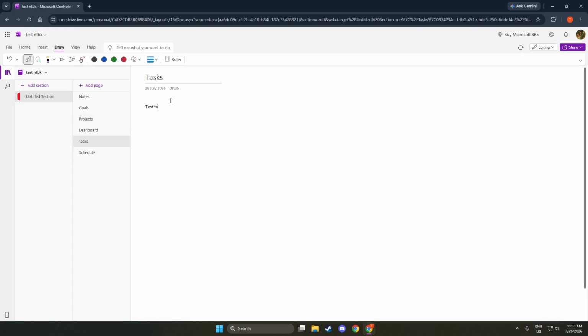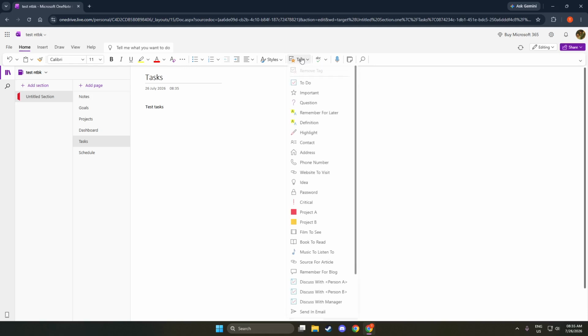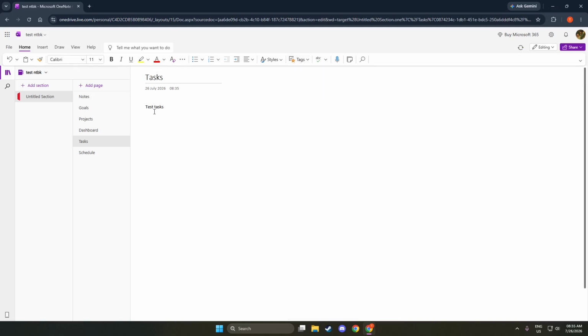Next, we will add tables for the information you want to organize. Tables can help you structure data neatly, whether it's for schedules or project timelines. To insert a table, go to the toolbar and select the table option. You can adjust the number of rows and columns based on your needs. Tables allow you to see all relevant information at a glance. They are especially useful for tracking multiple entries, helping you to maintain clarity in your dashboard.